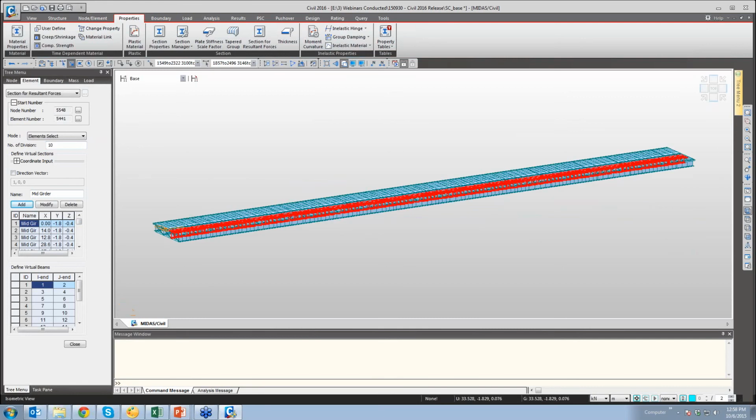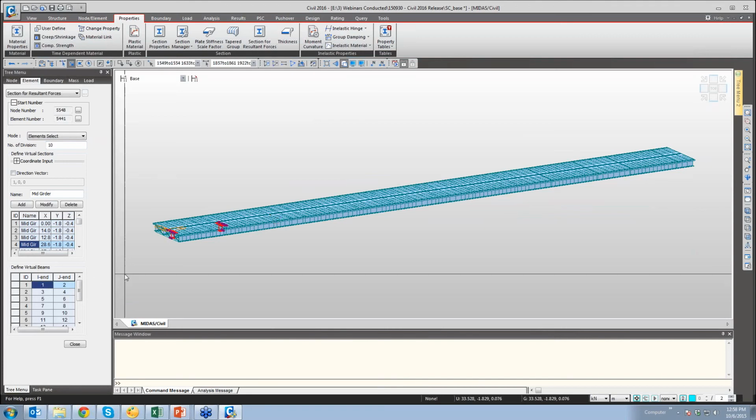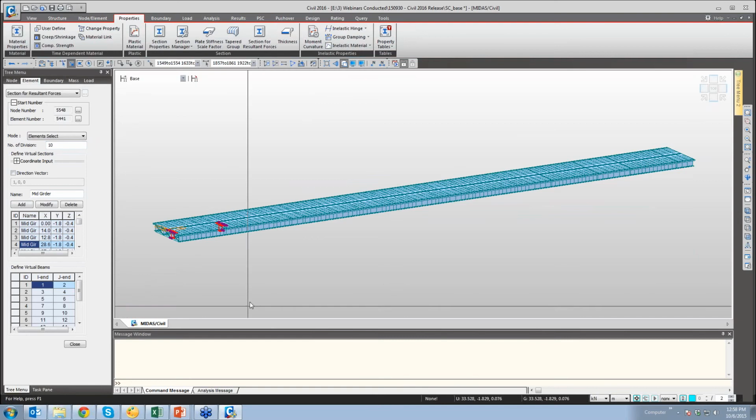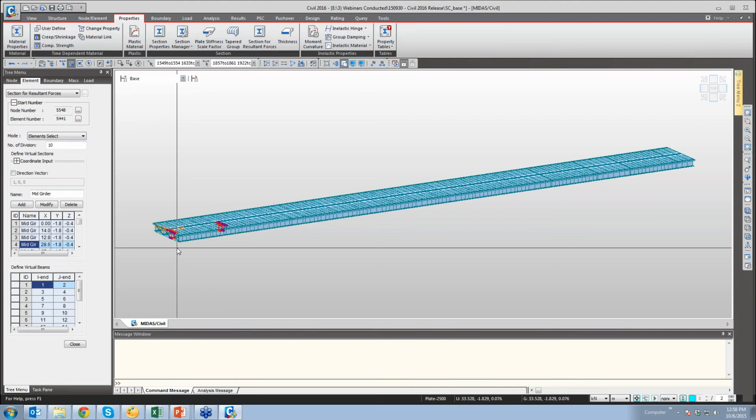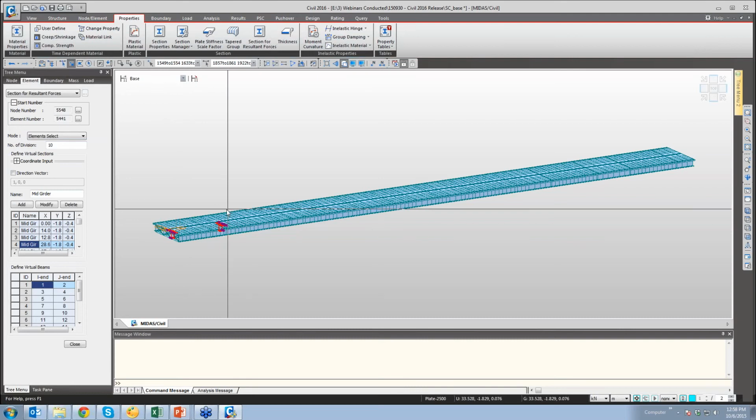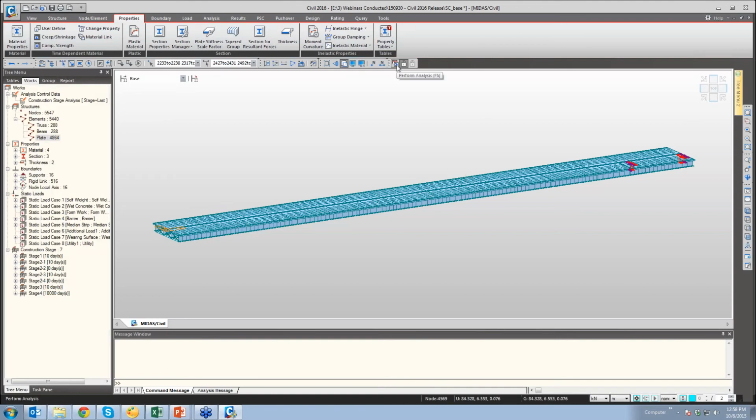So these kinds of virtual beams, I can say, have been generated. For these, the bending moments would be shown to me. These are the different sections that are taken up, and I had said that I want it divided into 10 parts. For my first part, the highlighted part on the left is my beginning section, and the one on the right is my end section. Similarly, different parts have been made for the entire length of the bridge. Once this is done, you just have to perform the analysis. It will take a bit of time, so I'll just open up a model in which I have already done this.